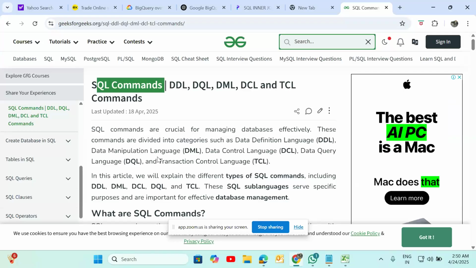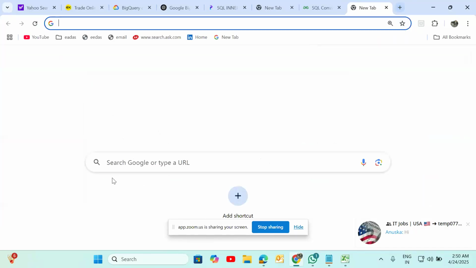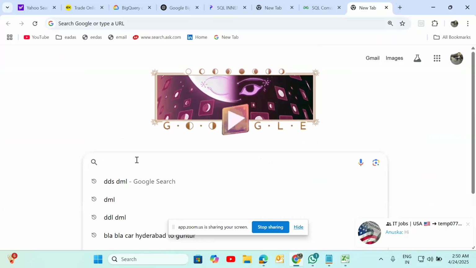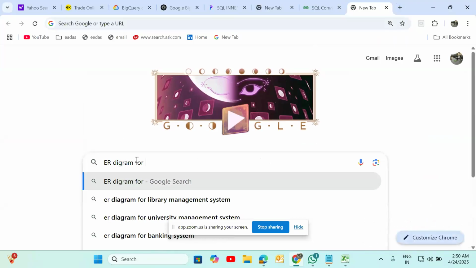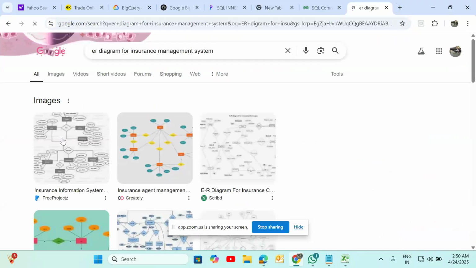Okay, schemas. What will happen if we have many tables? For example, in any application we have the entity relationship diagram, the ER diagram. I'll show you how an ER diagram looks, for insurance.